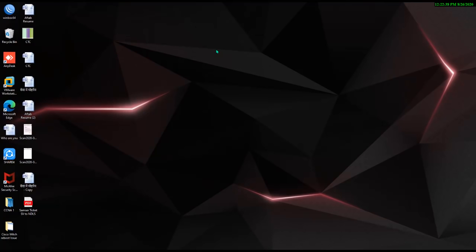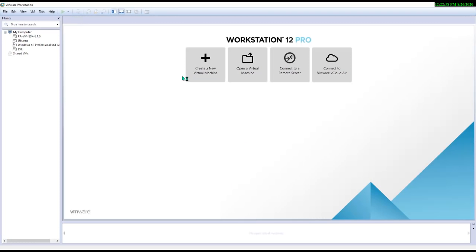So let's start the video, and we'll see how we can do the basic configuration of the MikroTik router board. And we are going to do all these things on our VMware. So I'm going to open my VMware. VMware is a very good platform to practice on your system at your home. You can make a lab at your home, or if you don't want to purchase the MikroTik router board, you can just create it virtually on your system.